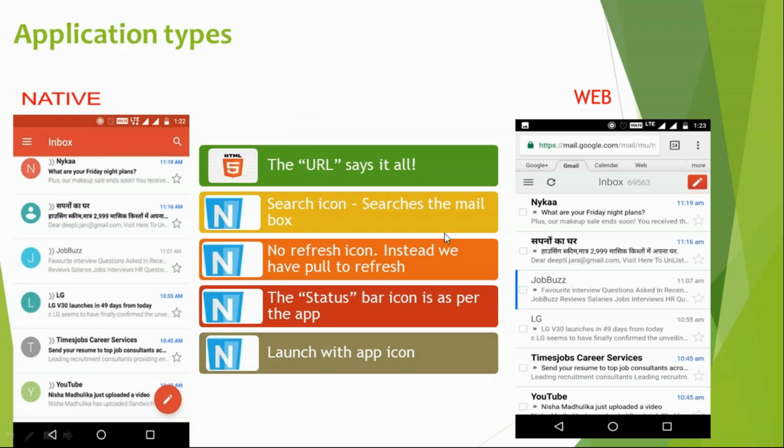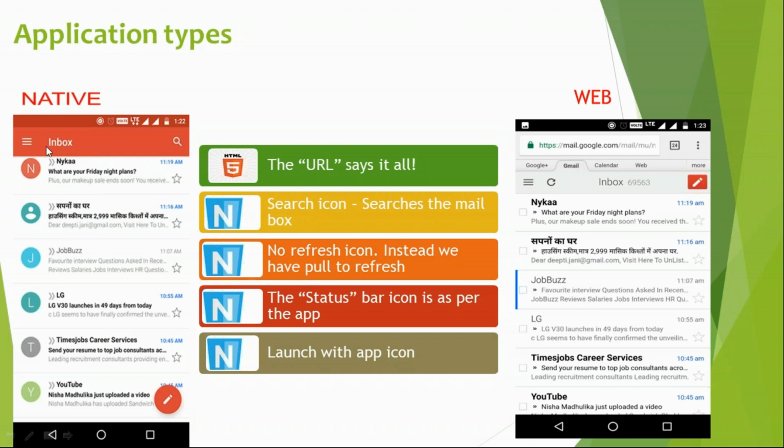Now, the next thing is, suppose you want to delete an email. You will see, oh, this is a junk email which is coming in Hindi. I don't want to see this, so I just want to delete it. In a web application, you need to click on the checkbox. Then you'll get some options like delete, move to folders, or whatever. Then you need to select the delete button, it will delete, then you will get a pop-up, then you will click on the pop-up button. In the hybrid application, it's just a matter of pushing it to left or right. Even pushing to right or left is the user's choice.